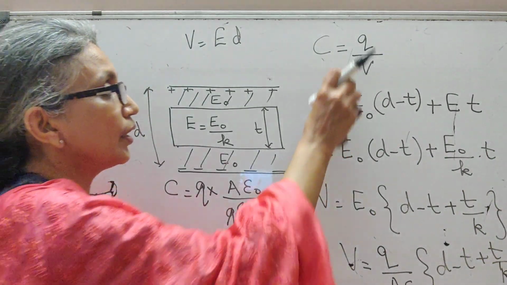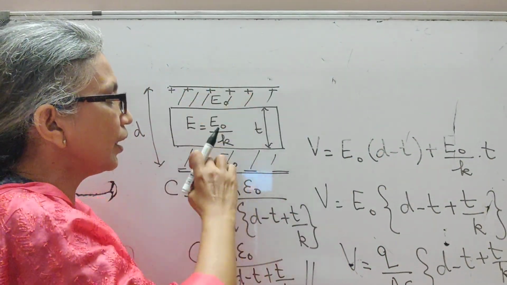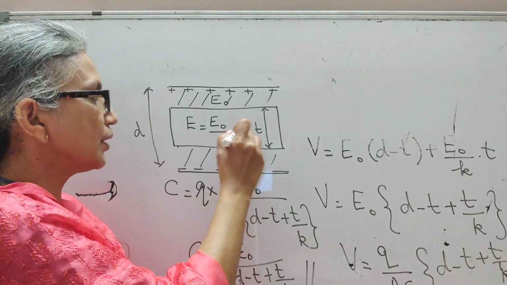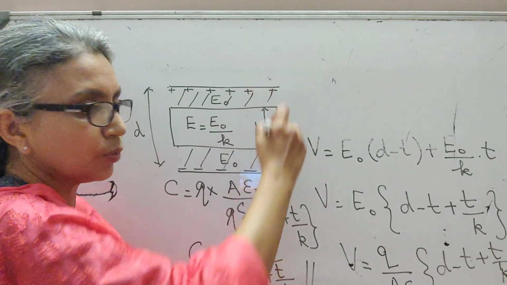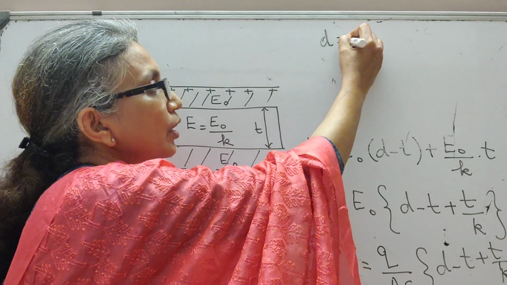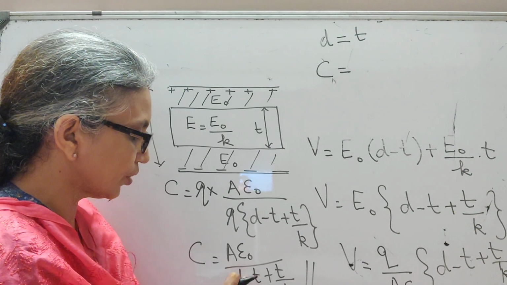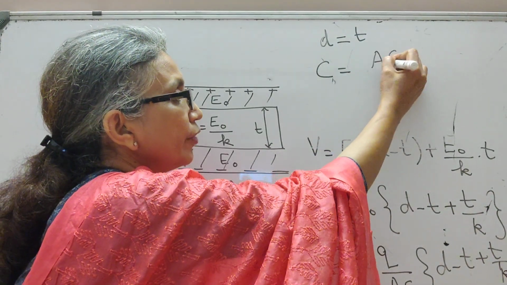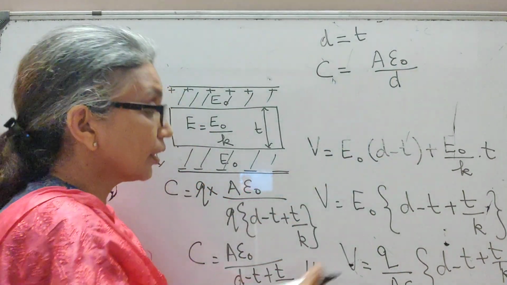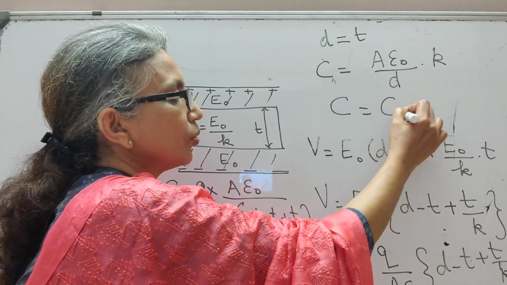I may have a special case here, which is, suppose I completely insert the dielectric to fully fill the space between the plates. That means d and t are the same. Fully inside the two plates, I have completely filled it with dielectric. In that case, we know d equal to t. Then what happens is, here this d and t are the same, so they get cancelled. So I have A epsilon 0 by, this t I will retain as d, and this k will go on top as k, so that I now have this as C0 into k.